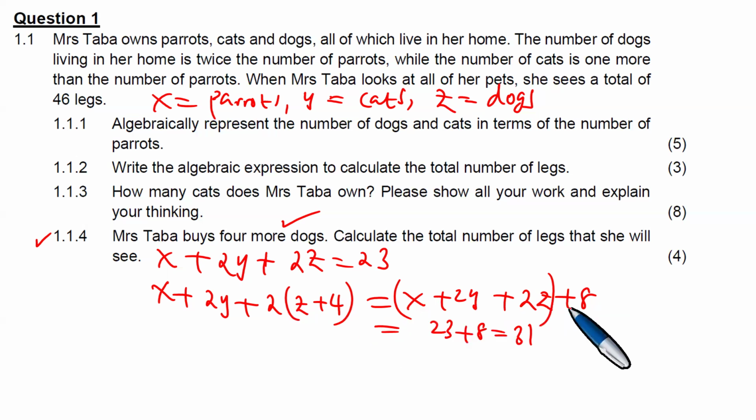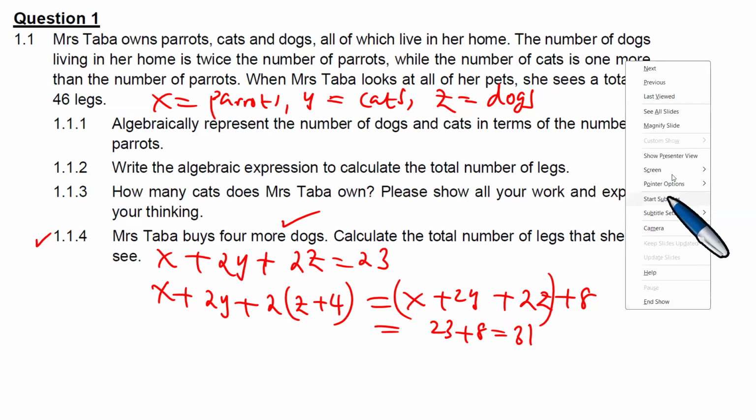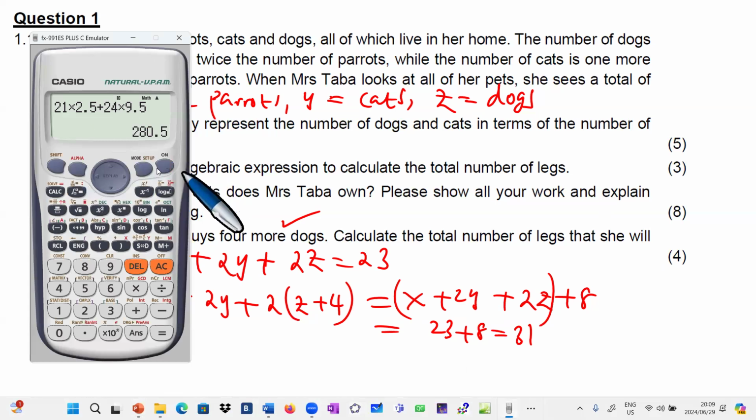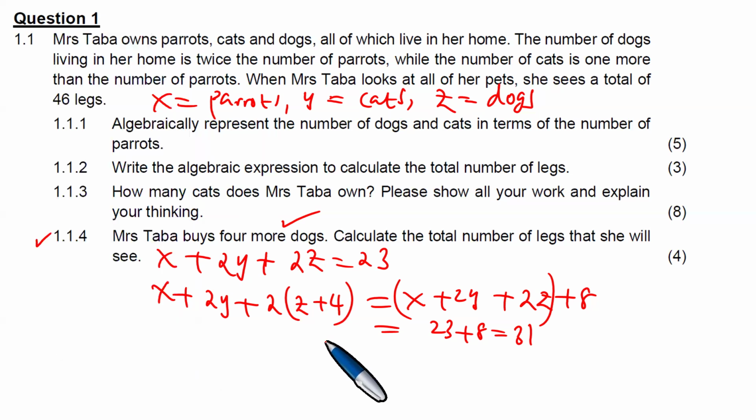So what is X plus 2Y plus 2Z? It is 23. Whoever was saying 23, X plus 2Y plus 2Z, we put 23. But there's an 8 that has come there. And now we say 23 plus 8, and obviously, if you launch a calculator, it's 31, no doubt. So if you add 23 and 8, you get 31. So obviously Mrs. Taba is going to be seeing 31